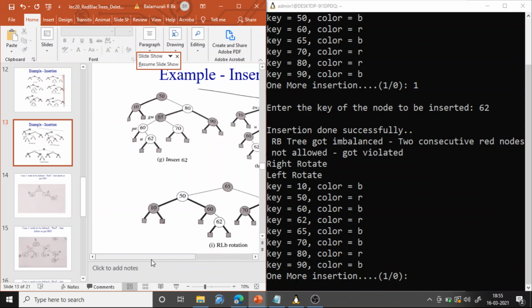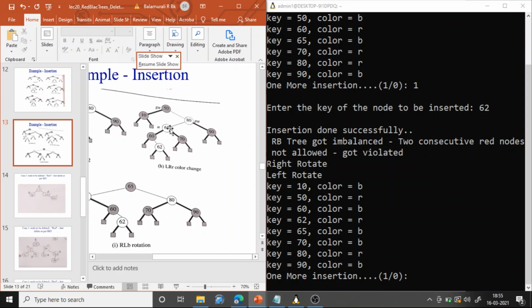But when you recolor, what happens? The 62 will be red, the parent 60 will become black, and the grandparent will become red. Now the grandparent becomes the new node, and its parent becomes the parent, and this becomes the grandparent.